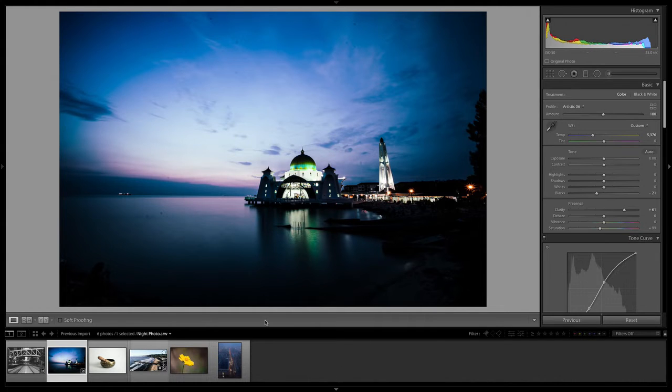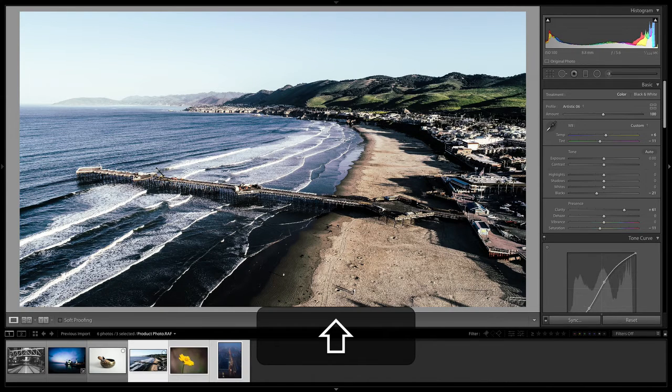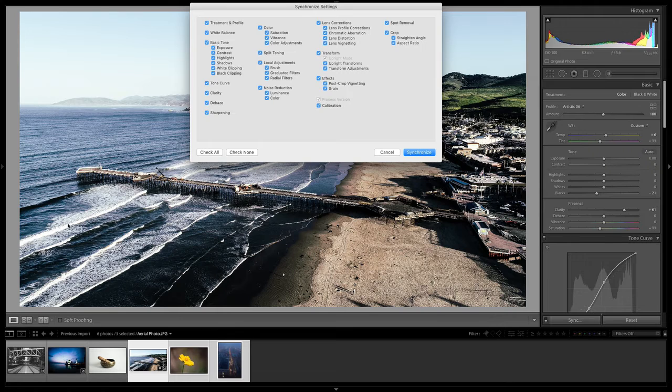There's another way that we can quickly do this to multiple photos. So say we've edited this one the way that we want, and then we want to apply it to these next two options. We can shift click to the last photo, and instead of this previous button, it's called sync. So if you click sync, then you can choose which settings you want to sync from the first photo.